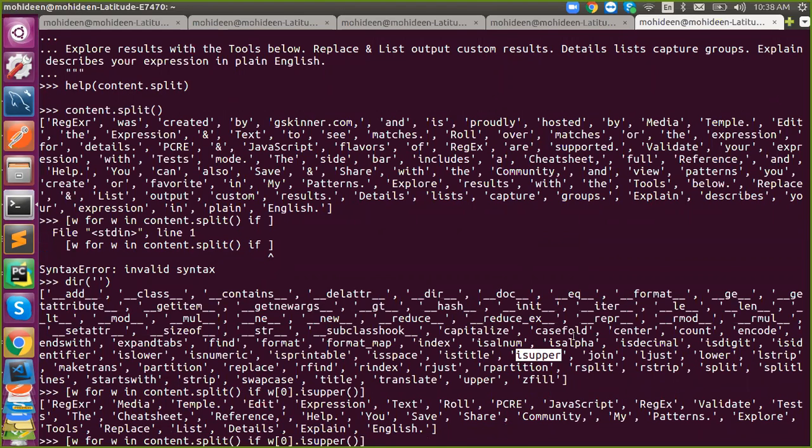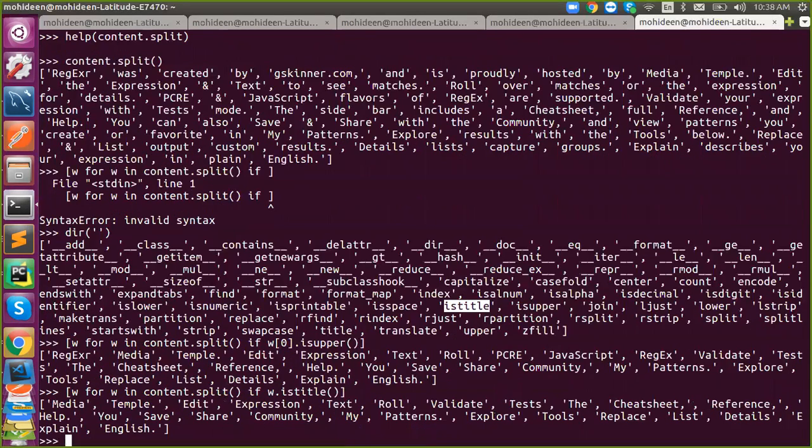And what else is there? We can go with title. It's called title case. You all know title will start with capital, right? This will only consider if the first letter is capital. Even if you have a capital letter in between a word, it won't be considered in title case.